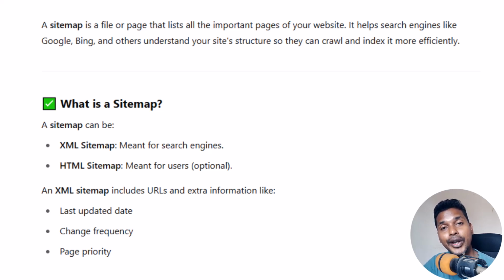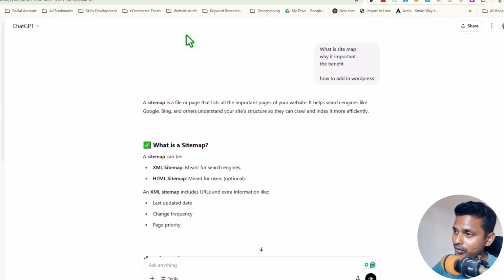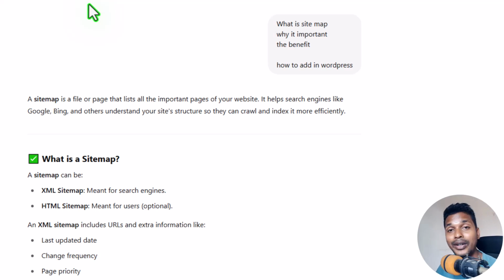In this tutorial, you are going to learn what a sitemap is, how to create a sitemap, and how to add a sitemap to your WordPress website. So let's get started. First of all, you are going to learn what a sitemap is. A sitemap is a file or page that lists all the important pages of your website. It helps search engines like Google and Bing understand your site structure so that they can crawl and index it